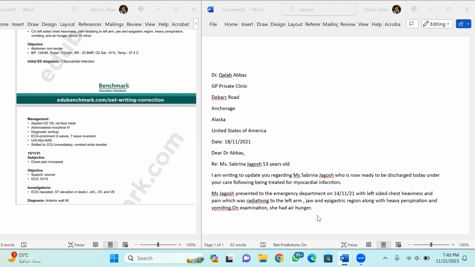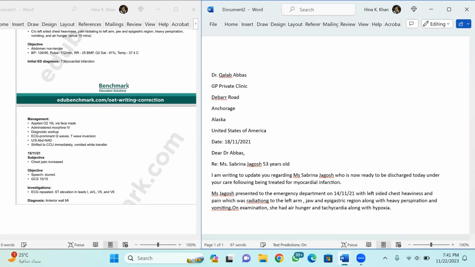Okay, fine. On examination, see, if you want to use synonyms, you can use that. You can also write okay, fine, her pulse rate was this, but you can also use synonym also. You can say okay, fine, she was having tachycardia, because see, her pulse is 112. Okay, and she was having hypoxia, her oxygen saturation is 91. Okay, that's low. And her blood pressure was raised. So you can just write this also, hypoxia, and that also. Or if I just go, she had air hunger, and I will just write tachycardia also over here, because instead of writing the value, I chose to write okay, fine, because I understand that her pulse rate is right. So she was having tachycardia, and along with hypoxia,